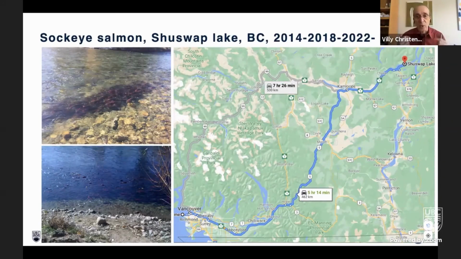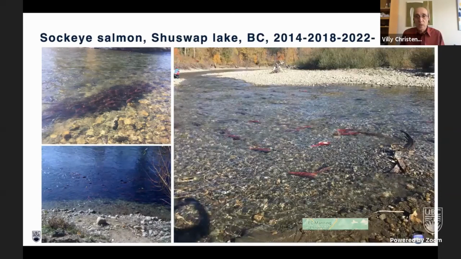How you explain that is going to be a challenge. But the sockeye salmon come back every 4 years, and they move up to Shuswap Lake, actually pretty much along the way that we're driving in the car up there, which is a 6-7 hour drive. And when you get up there, you'll find the sockeye. Here you have them making the nests, red on the picture there on the right. It's very impressive.